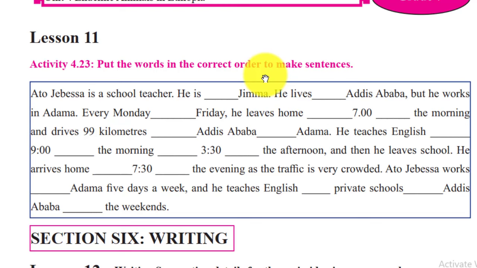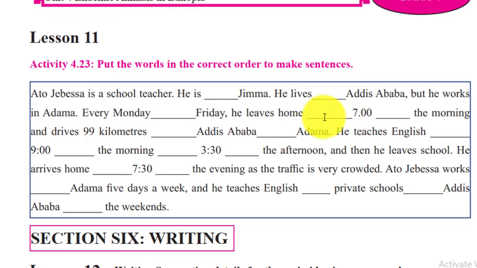order to make sentences like the above activity ነው። prepositions ነው የምናስገባው። አቶ ጀበሳ is a school teacher. He is in Jimma እንላለን. He lives in Addis Ababa but he works in Adama. Every Monday ብለን blank Friday ይለናል. Every Monday to Friday እንላለን. To we can use to show what preceding አንድ ነገር የቀጠለ መሆኑን ለማሳየት every Monday to Friday እንላለን. From January to ብለን February ብለን እንገልጻለን ማለት ነው።